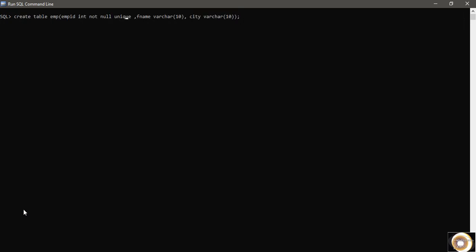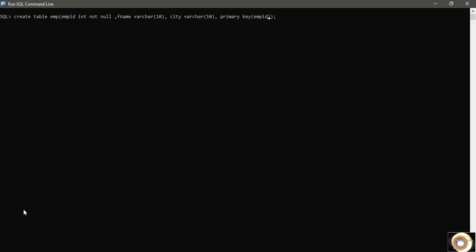So instead of unique, I can directly say that, let's say one field is the employee ID which cannot be empty, so I should use the not null constraint here. There's a first name for the employee, there's a city for the employee, and at last I can write that there is one primary key constraint for the column named employee ID.